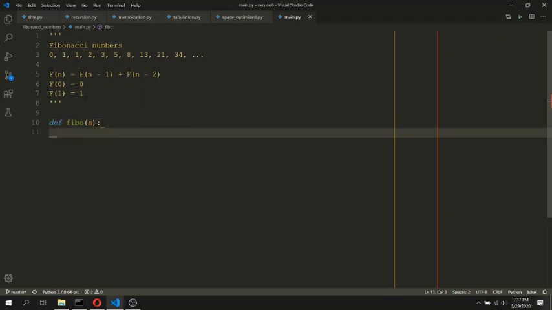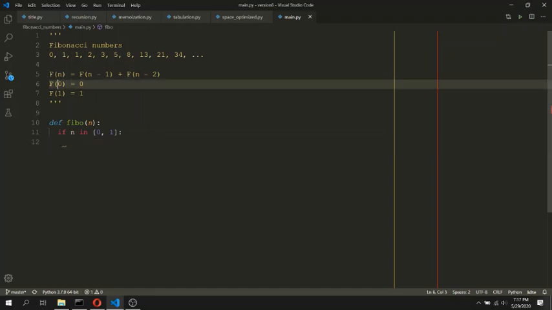First we will check for the base cases. Remember that in any recursion code, first you need to check for the base cases so that you don't end up in a recursion error. So we will check if n falls in the list of 0 and 1, that is, if the input equals 0 or 1.